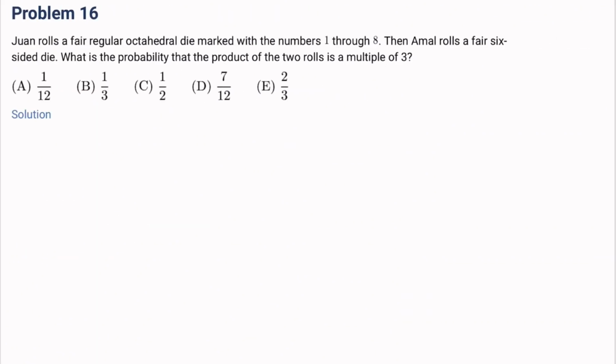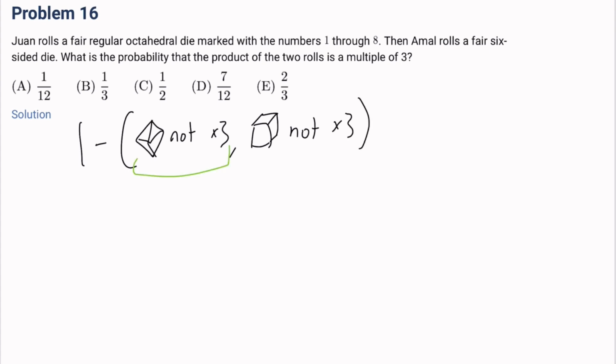Number 16. Juan rolls a fair regular octahedral die marked with the numbers 1 through 8. Then Amal rolls a fair six-sided die. What is the probability that the product of the two rolls is a multiple of 3? Okay, so the probability that the product is a multiple of 3 is satisfied when even just one of those two dice gets a multiple of 3, right? So the way to get this probability is 1 minus the probability that the octahedral die is not a multiple of 3, and the regular six-sided die is not a multiple of 3,